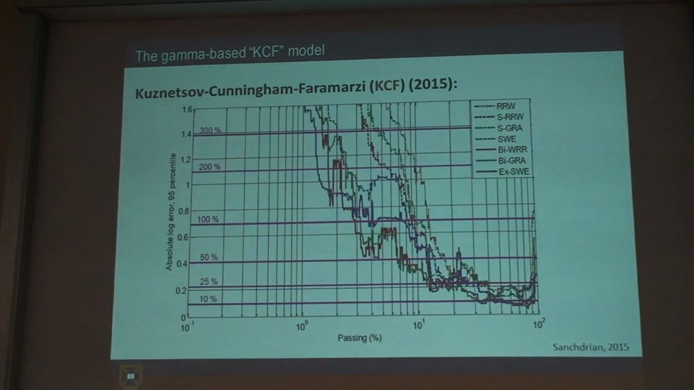And later in the conference, Sanchidrian calculated the absolute logarithmic error for various functions. And as you can see, the errors dramatically increase after 40% passing size. However, I use 40% passing size as a grafting point and joining two